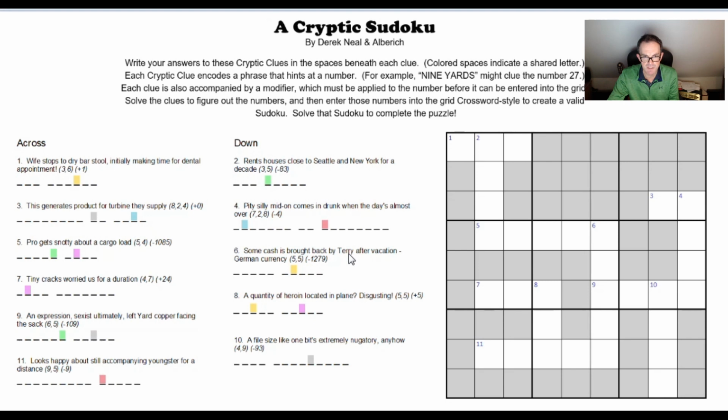German currency. Reichsmark? German currency could be the name of a river in Germany. Some cash is... That is a bit suspect, because it isn't necessary in terms of the normal reading of the clue. So you could just say some cash brought back by Terry after vacation. So some cash is brought back. That suggests...